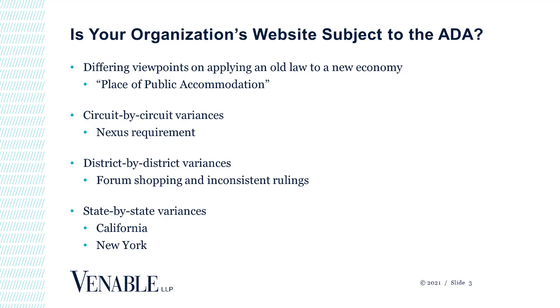And so the ADA Title III in particular talks about places of public accommodation. Those are our key words when we're looking at what the law here says. The ADA has 12 examples of a place of public accommodation. It doesn't say anything about the internet, a website, any sort of virtual platform. So the problem we have is an old law and a new economy and how we're going to mash those together.